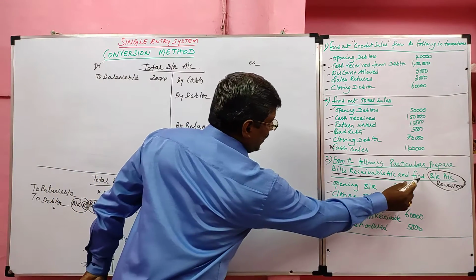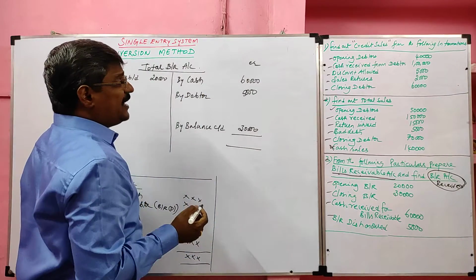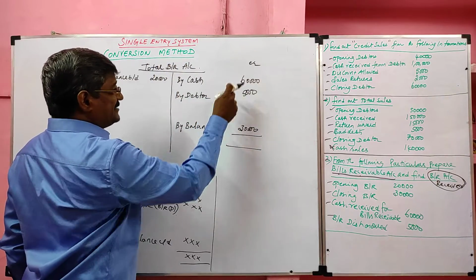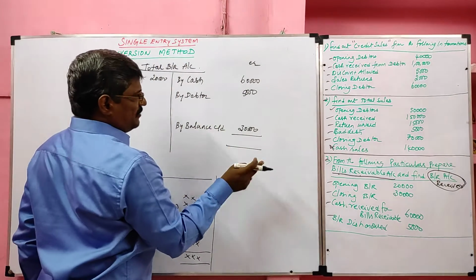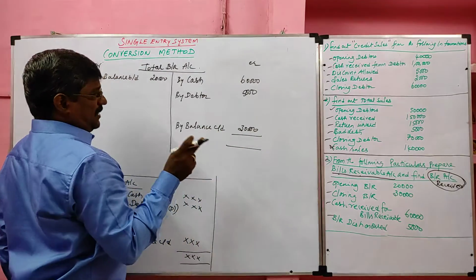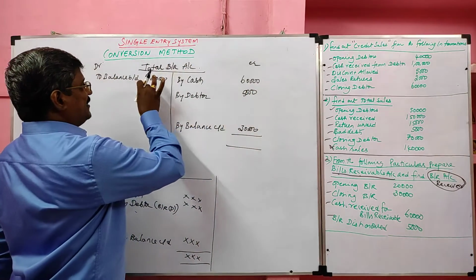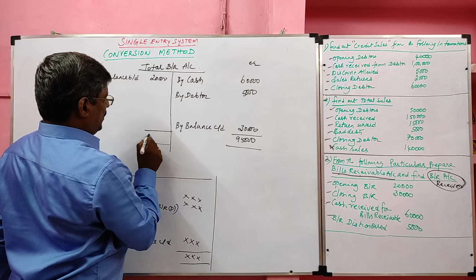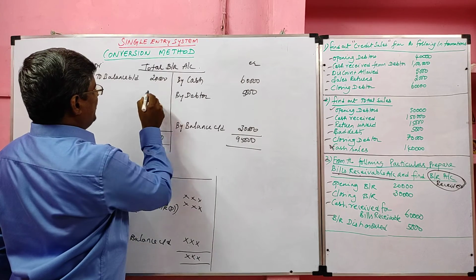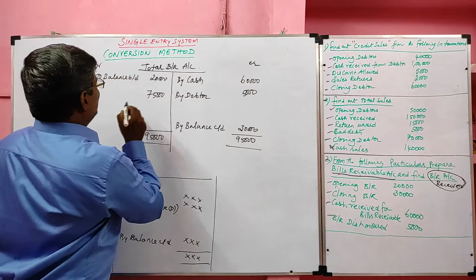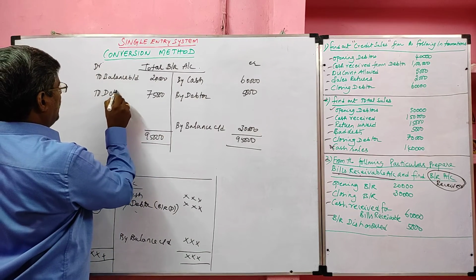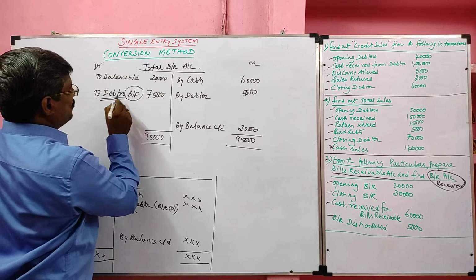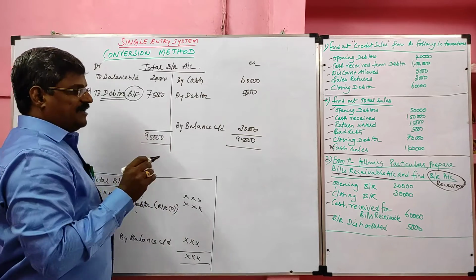They are asking BR received. If they ask BR received, definitely the total BR account credit side total is heavier than the debit side total. Now we'll add this: 95,000, bring it to the debit side. 95,000 minus 20,000 equals 75,000. This we call to debtor, the balancing figure. This is BR received. We should not write here as BR received.